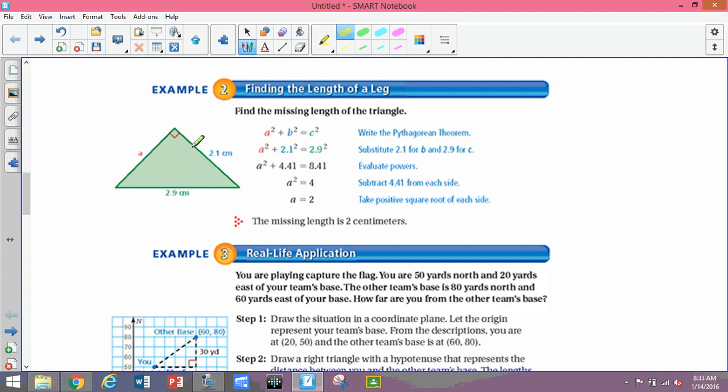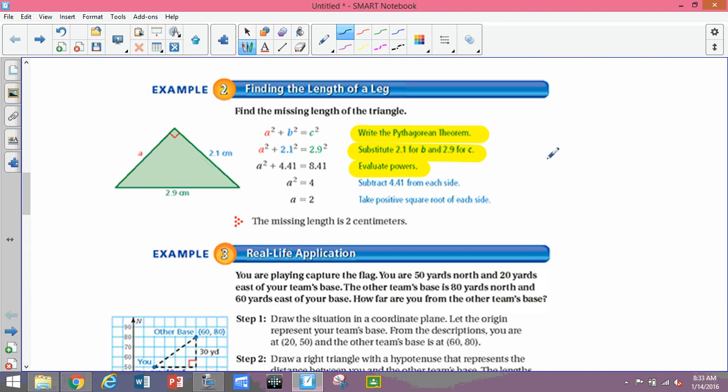Now, there are always also going to be times when you are looking for the leg of your triangle, either the a or the b, it doesn't really matter. And when you're doing that, you're going to have to add an extra step of algebra in. I'm not a huge fan of the way that your book did this, so I'm going to show you what my expectation is. The first thing you are going to do is write down the Pythagorean theorem. Then you're going to substitute the numbers you have for b and c, and then you will evaluate your powers. At that point, I don't like what they showed here, so I would change it. So I would add a step in here,